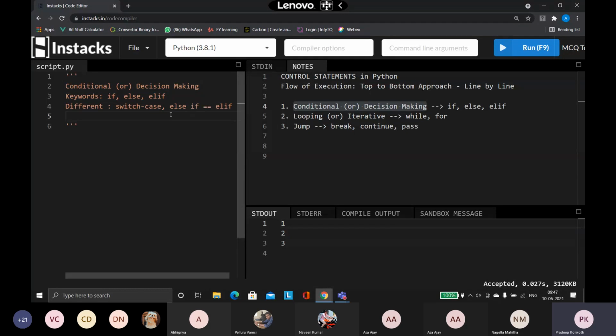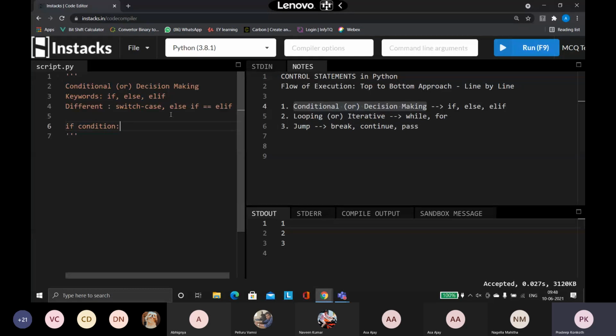Now let us try to understand how to make use of these three keywords. First comes the if. If is always used to specify some condition. So how to specify the condition? If is a keyword, give a space, then write the condition you are planning to check. As I said, get the age from the user and check whether the age is greater than 15 or not. That is going to be my condition here. After giving the condition, you give a colon.